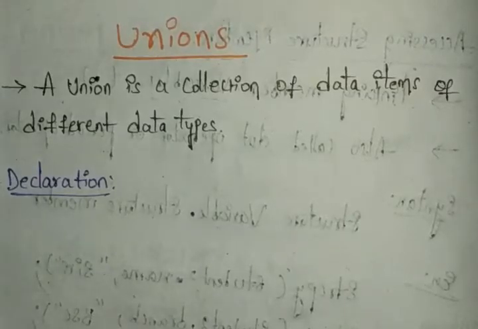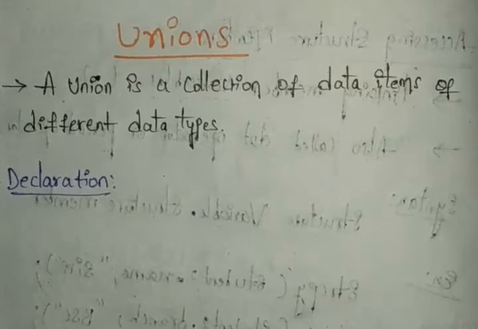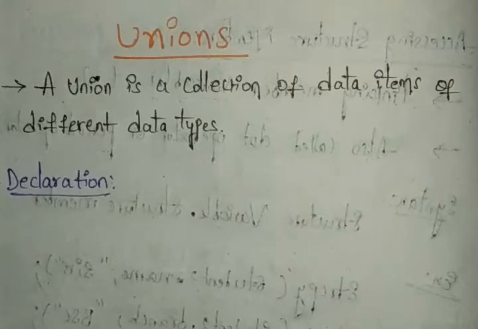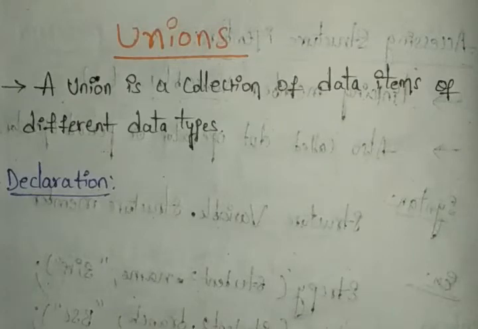Hello everyone. In this session, we will discuss unions in the C language. Normally, unions are similar to structures. Whatever we have for definitions and initialization, we can work with here in the same way as structures. A structure has a collection of data items with different data types, and it has one single name, right?